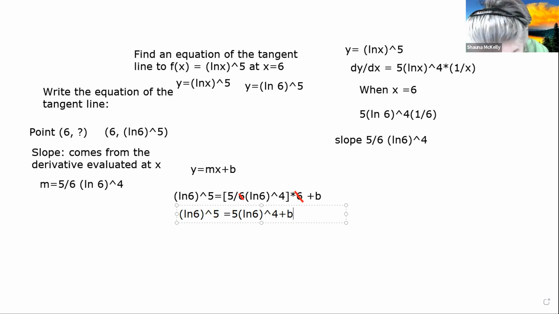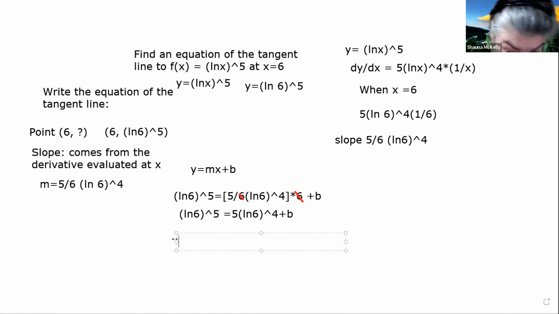Now, all I'm going to do here, and for the same reason that I didn't bring this exponent down in front, I did the first time, that was an error, I'm just going to move this term over, and I'm going to leave b as ln 6 to the 5th